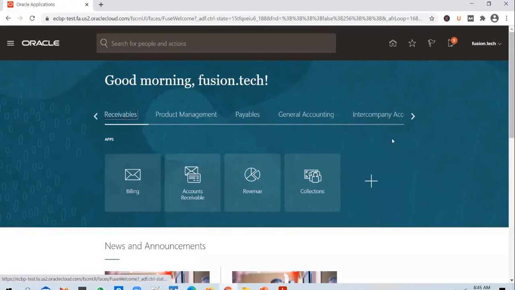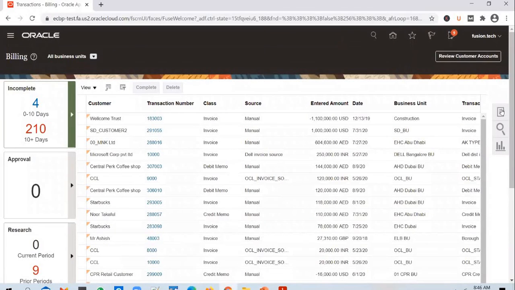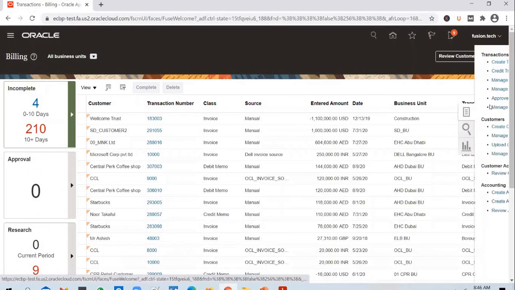If you go into receivables and get into billing, we are going to create an AR invoice print report using BI Publisher.